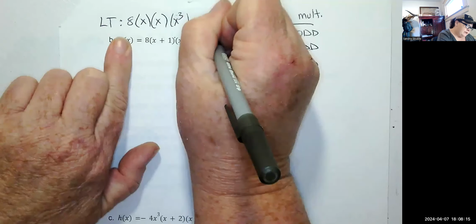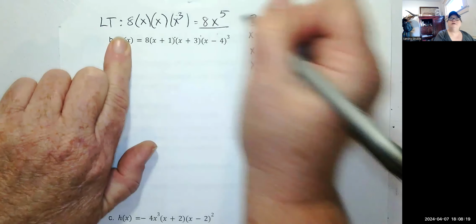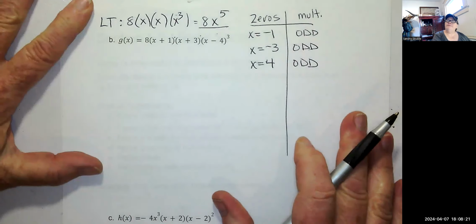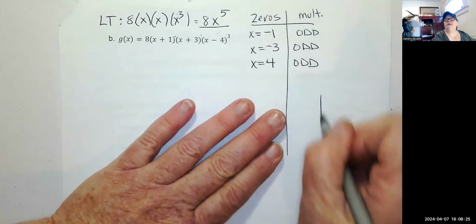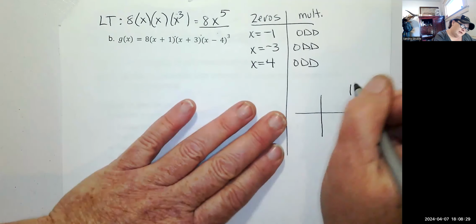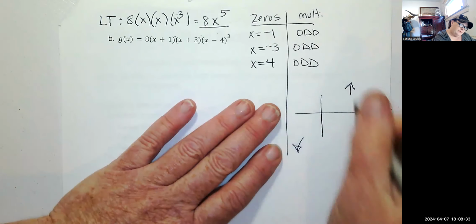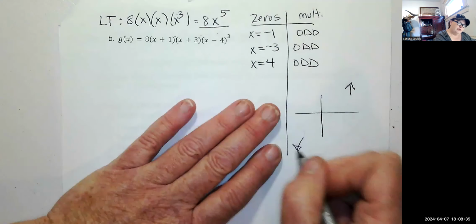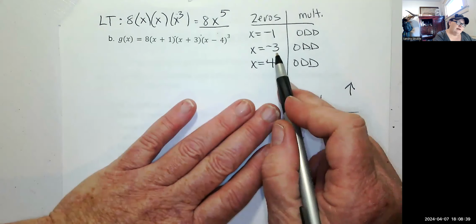So that is 8x to the 5th. So it is a positive with an odd exponent. All right, so it's going to look something like this. Positive and odd is going up here and down here. Somewhere in between there's going to be some wiggling because it's going to be crossing over at -1,